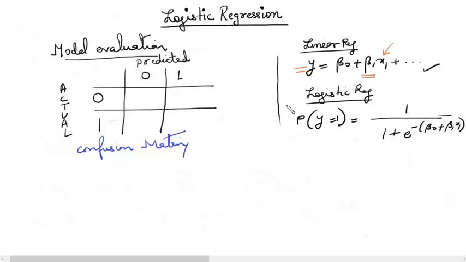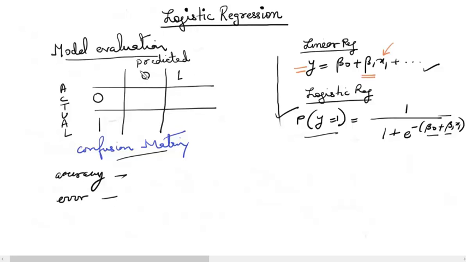So far we have learned about logistic regression, the logistic response function, how we calculate the values of betas, and how we get the probabilities of the event occurring. We have also seen how we compute the confusion matrix, and using the confusion matrix how we determine the accuracy of the model or the error of the model.